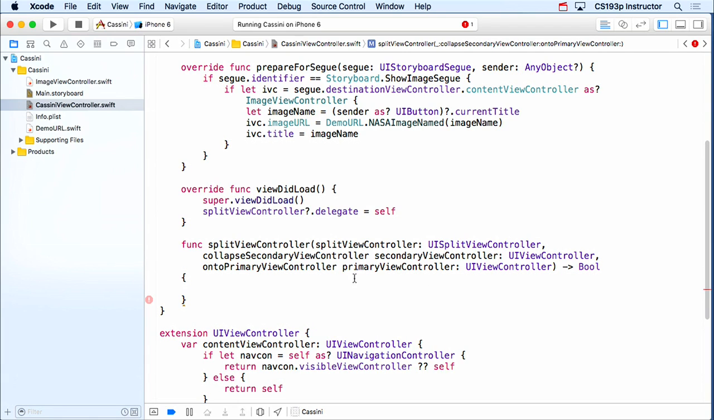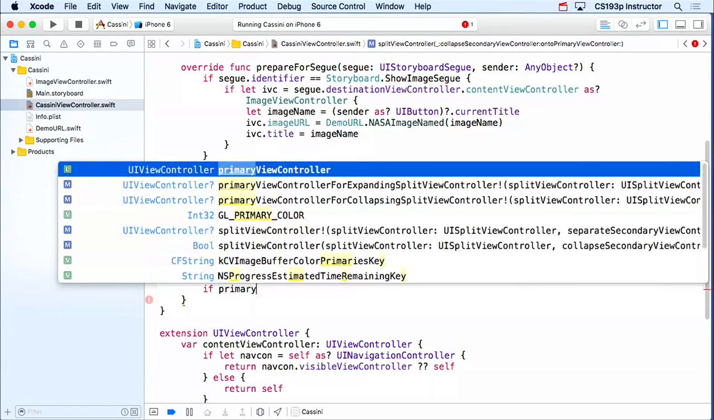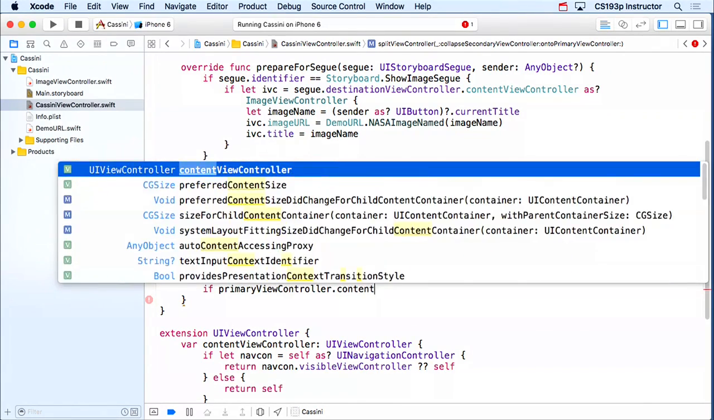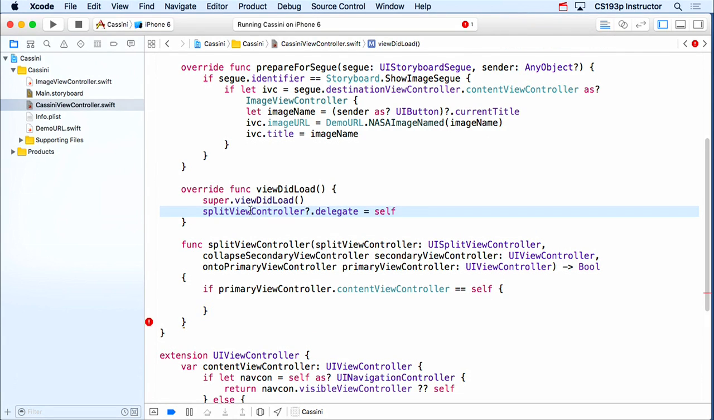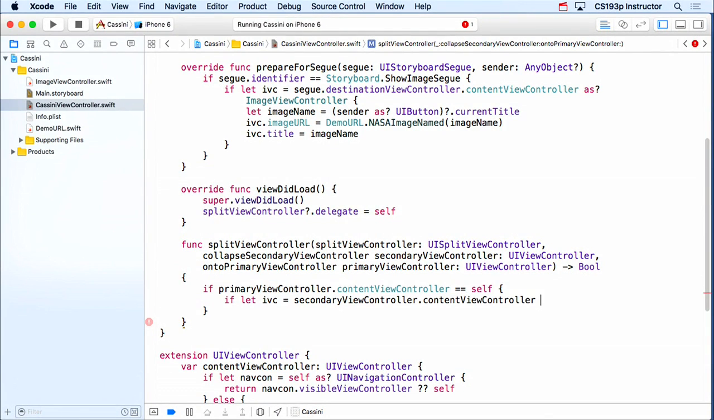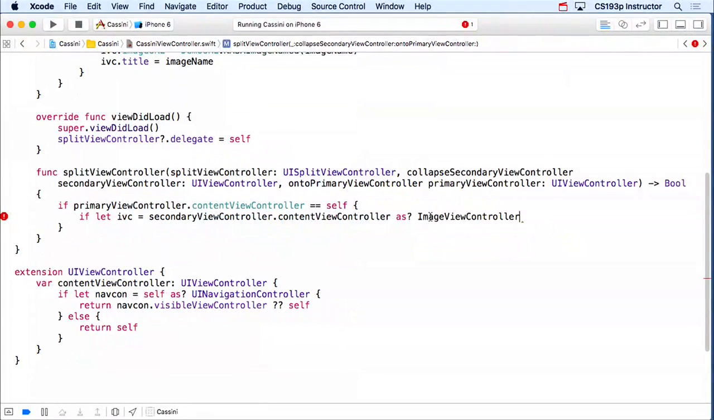We just want to get the image view controller. Well, first of all, let's make sure that the primary view controller's content view controller is ourself. Now it should be, because we're setting ourselves as our own split view delegate, so we should be the primary view controller's, the master's, content. So that should not be a problem. But now I'm going to say, on top of that, if I can let IVC equal the secondary view controller's, that's the detail, its content view controller, as an image view controller. So if I have an image view controller as my detail,